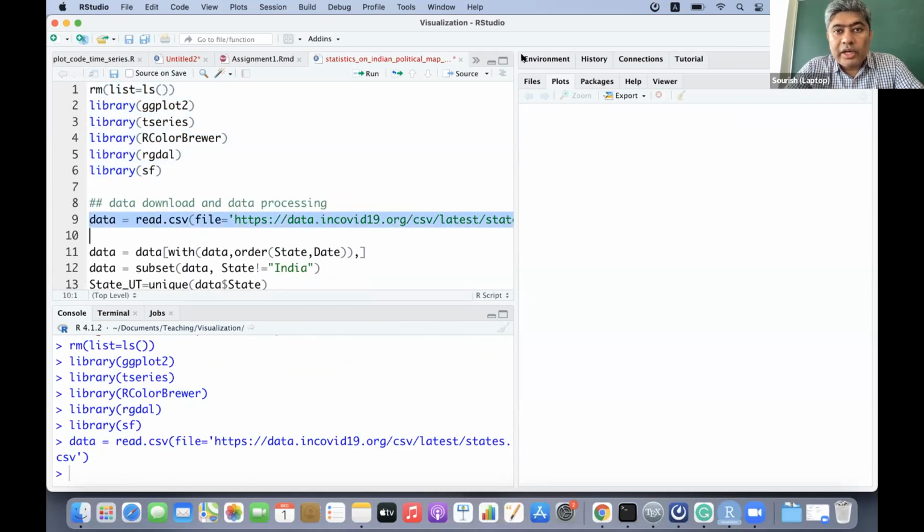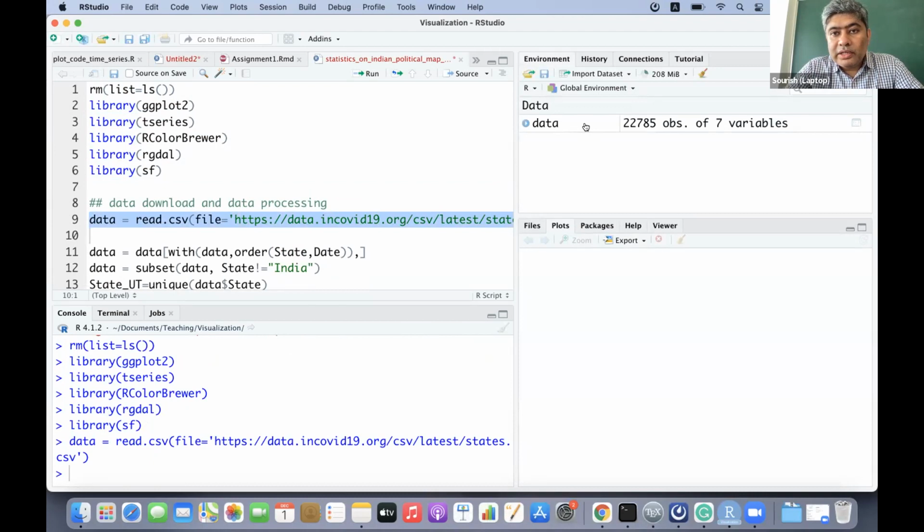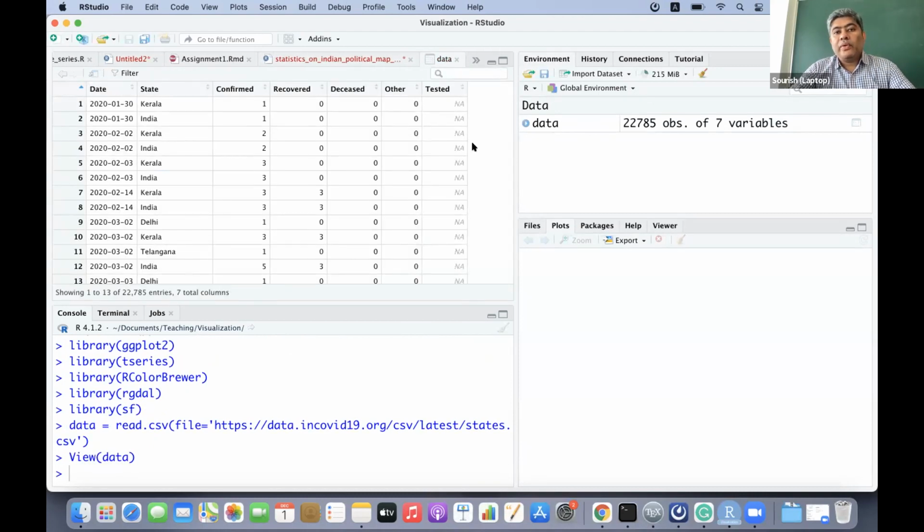If I call this data, you can see this is the data that we are going to have: date, state, confirmed, recovered, deceased, other, and tested. This is called long format data.